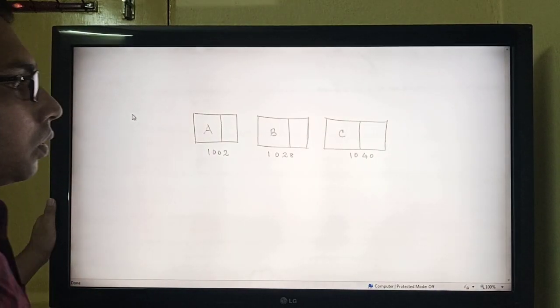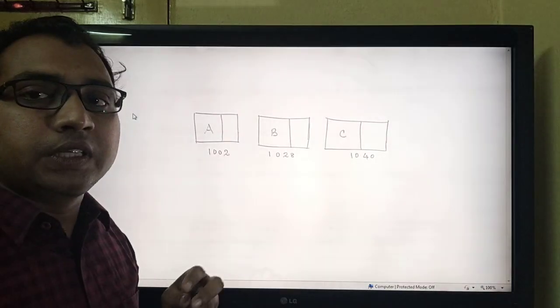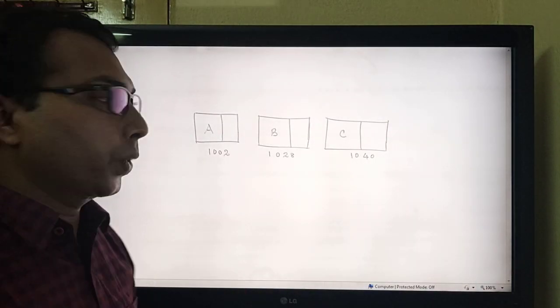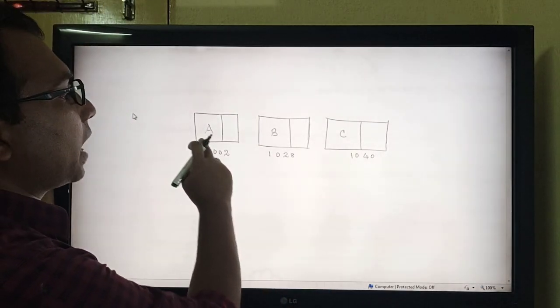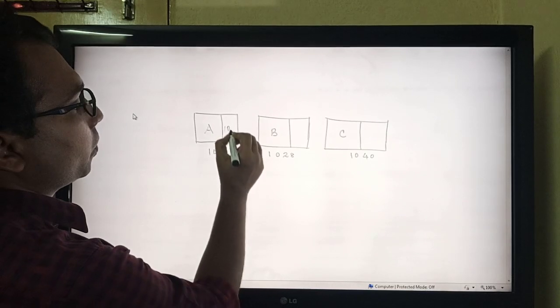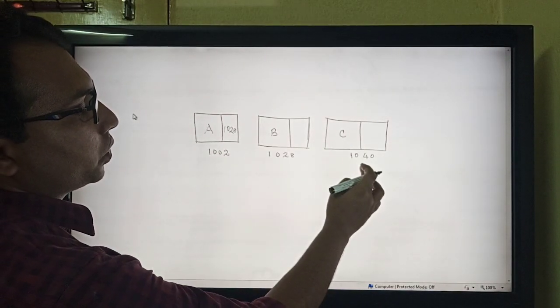Now since it is a linked list, every node will have the address of its next node. So node A will have the address of node B, that is 1028. Node B will have the address of node C, that is